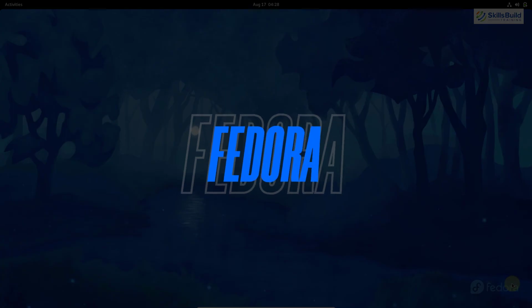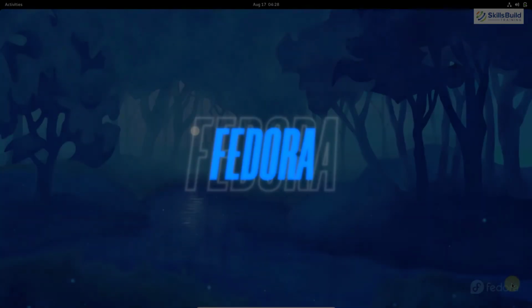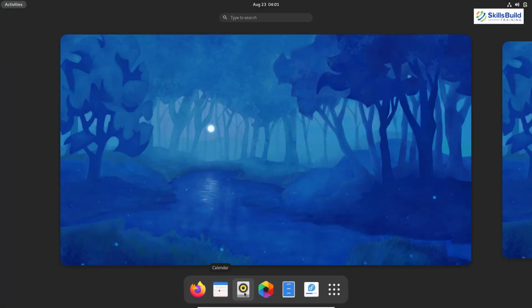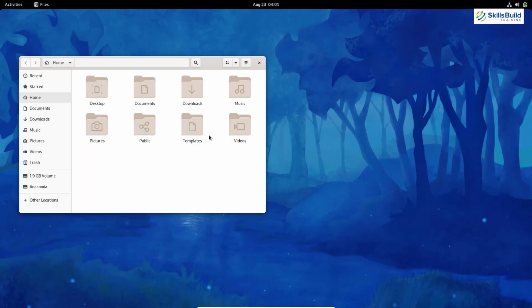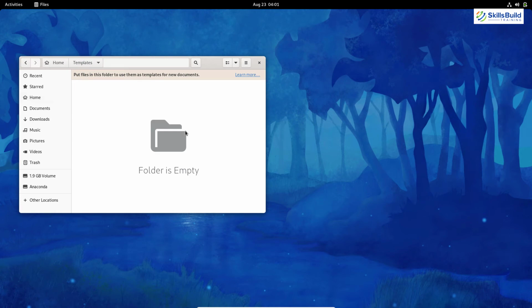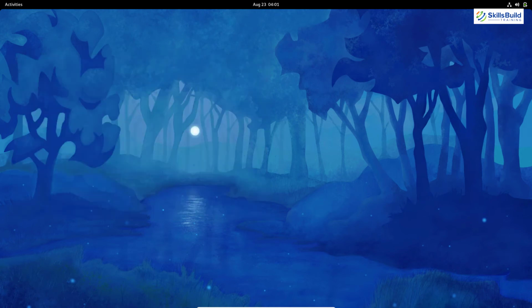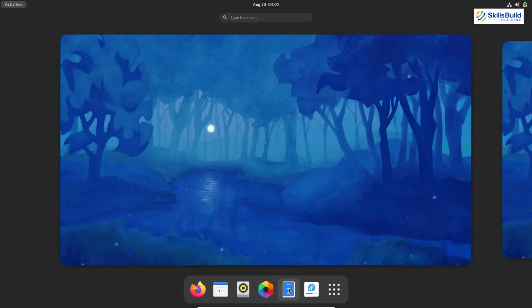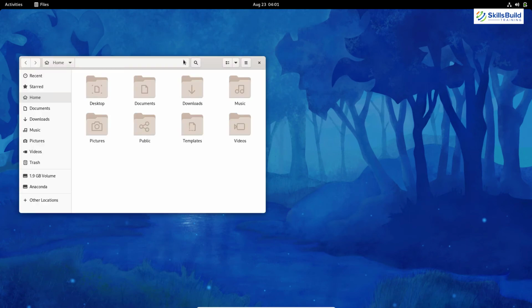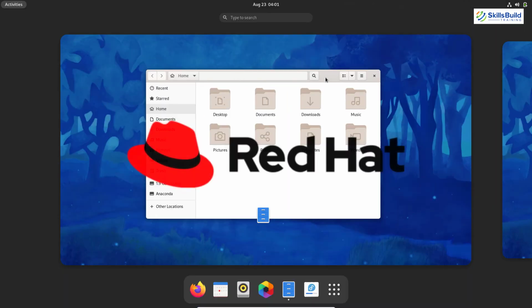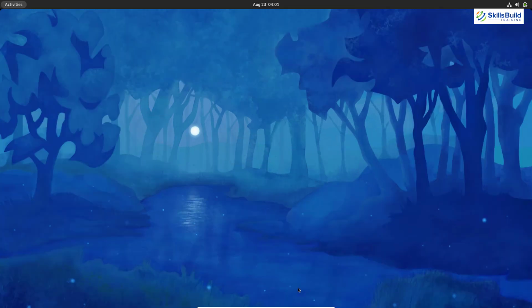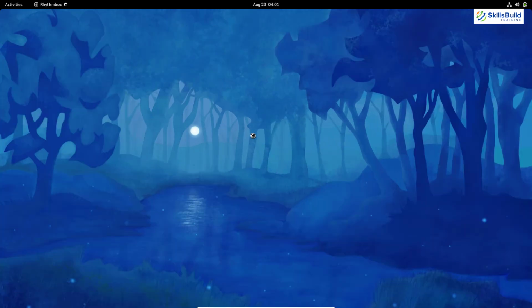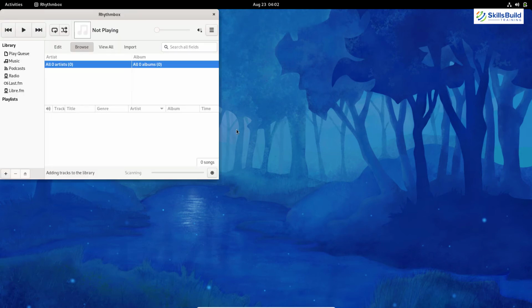The next Linux distribution in my list is Fedora. The Fedora Linux distribution is primarily for developers. As such, it isn't ideal for non-tech-savvy students, but on the other hand, it is one of the most recommended distros for students in computer science. Fedora is based on Red Hat Enterprise Linux, or you can say that Red Hat Enterprise Linux is based on Fedora. Well, you might get confused here, but let me tell you that